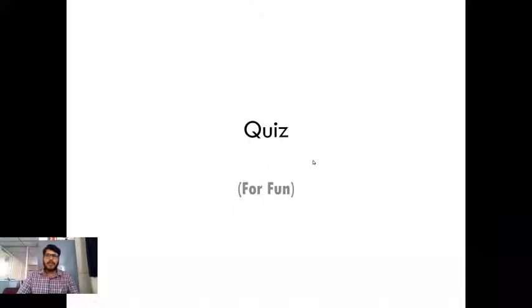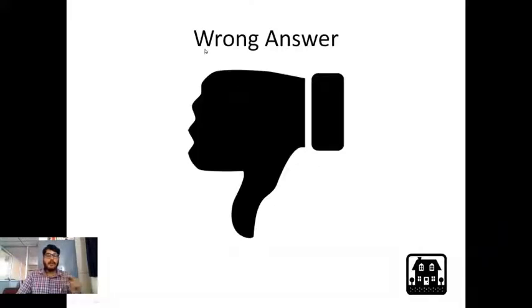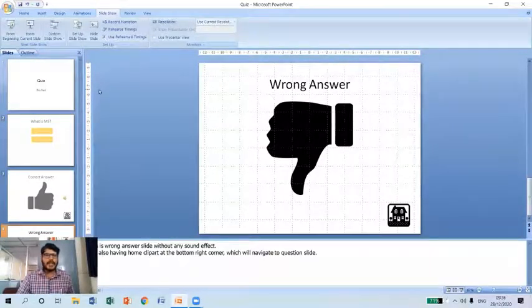Now I'm going to click on this. As you can see here, the slides in between have been hidden. Those are the questionnaire slide and the correct answer slide. So now we are getting the wrong answer slide, which is displayed. Likewise, we can hide particular slides. Assume that I don't want to reveal the content present in a particular slide, but I don't want to delete it either. At that time, we can simply utilize the hide slide option.